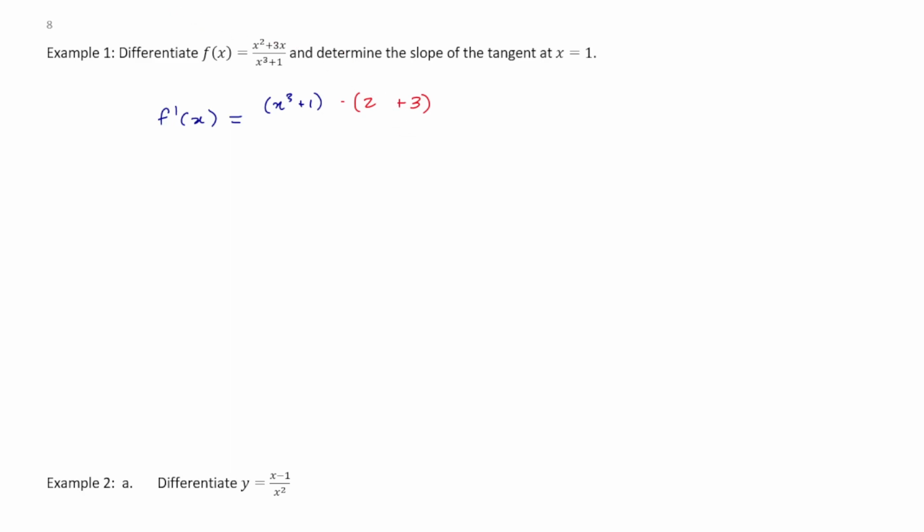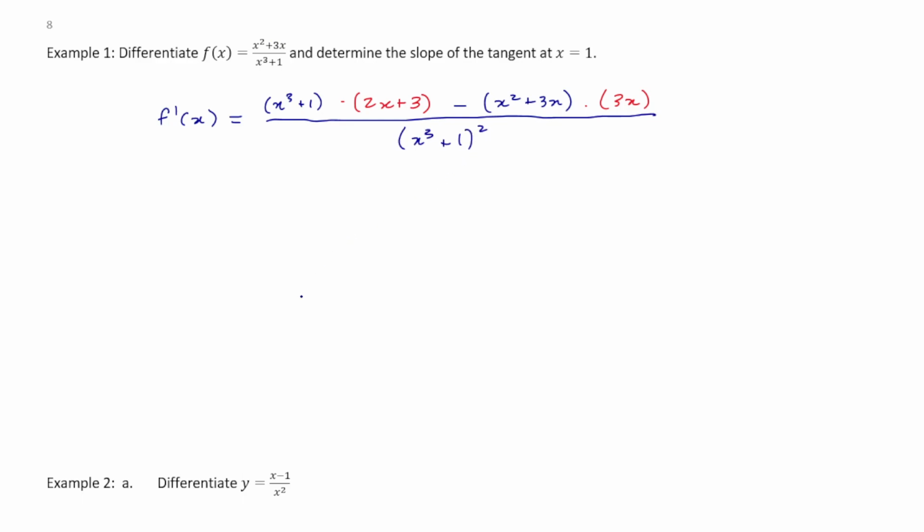And then I subtract the numerator function times the derivative of the denominator function, which should just be 3x. All of that will be over the denominator function